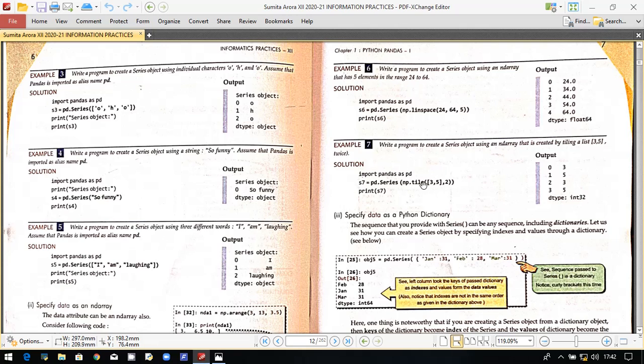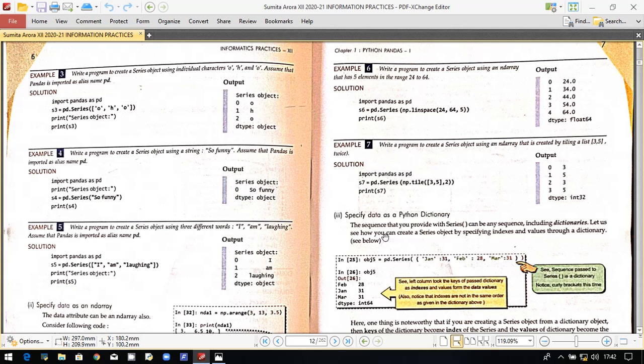This is going to tile the list, that is, repeat it twice: 3, 5 and 3, 5. Since there are 4 data values here, the index starts from 0 and ends at 3. So that is the way in which you can specify the data as an ndarray.